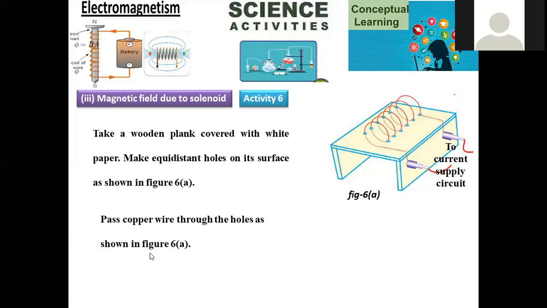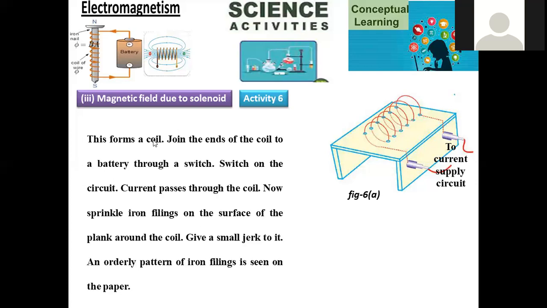Insert the copper wire through the holes as shown in figure 6a. We are going to insert the copper wire through this, and it is able to be coiled. So here we are going to make it into a spiral shape. Otherwise, you may say it is a helical structure. We are going to twist that, roll that. Due to this rolling, it is working like a coil. So it looks like a coil here.